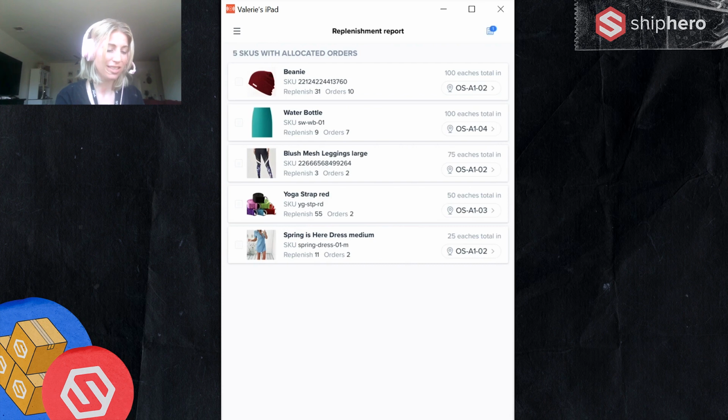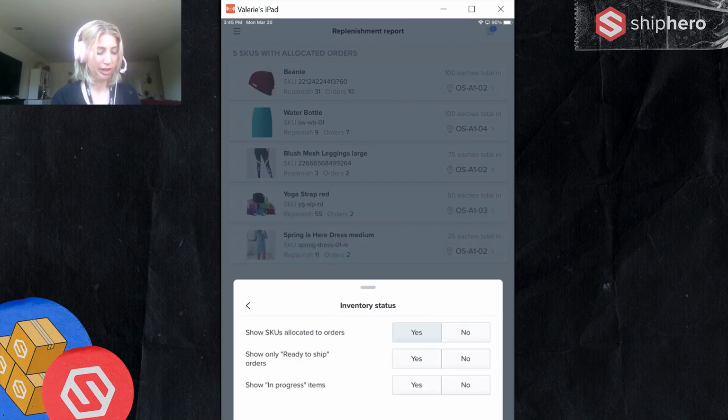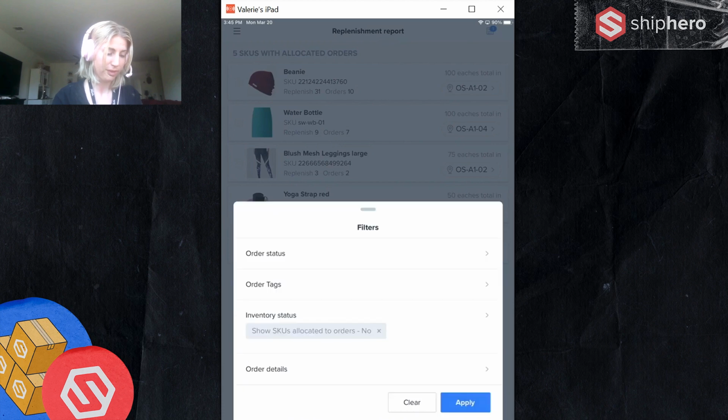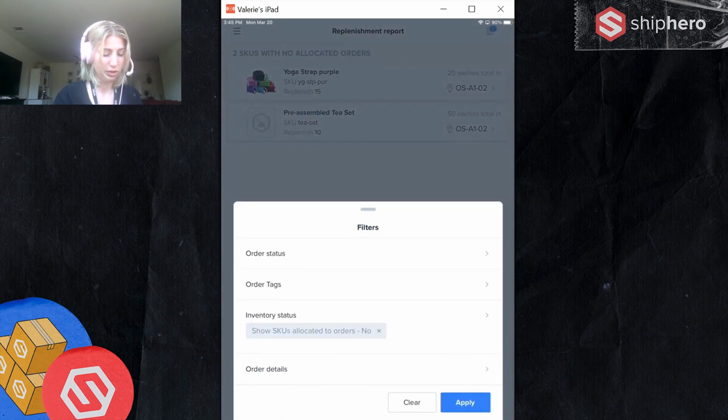But if you go to the top right and you see your filters, you'll see here it says inventory status, SKUs allocated to orders. You can change this and make it for those not on orders. So this is only looking at that replenishment level. And then when you apply that, you'll see that there'll be different SKUs. These orders don't currently need them, but we want to replenish them to be proactive, to get them in the pickable bins. Maybe we know that we're going to have a sale and these are going to be sold. So we want them there ready to pick beforehand. So there's two different views from this report.